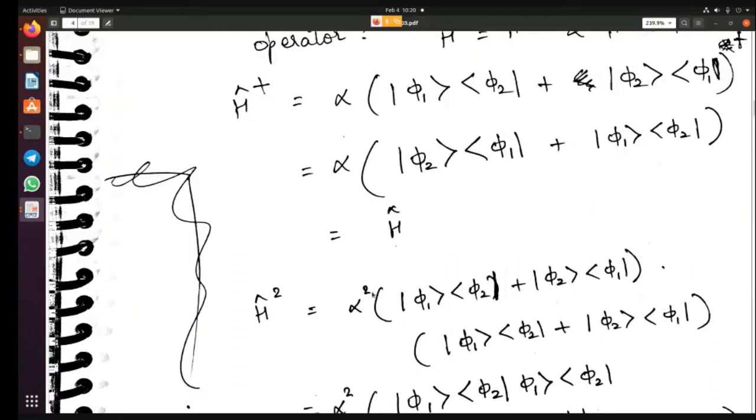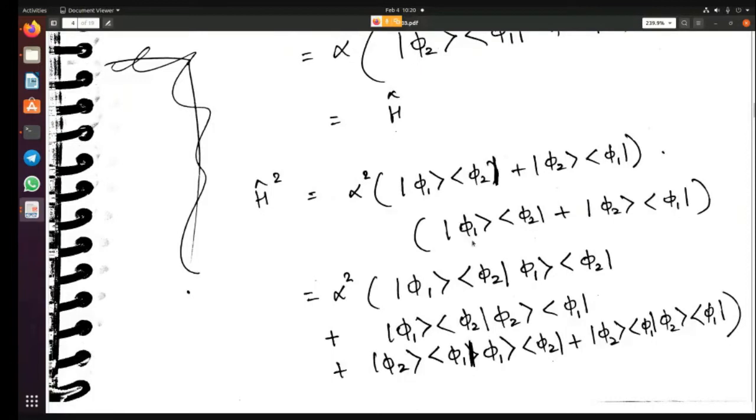Alpha is just a number, so you can take alpha square straight away. Then this operator needs to be written twice, with element-wise multiplication while keeping the order the same. Okay, so order is important. So what have I done here? I have multiplied this term with this term first, so I'm getting 5 1 5 2, 5 1 5 2. And 5 2 5 1 is what? We'll see that later.